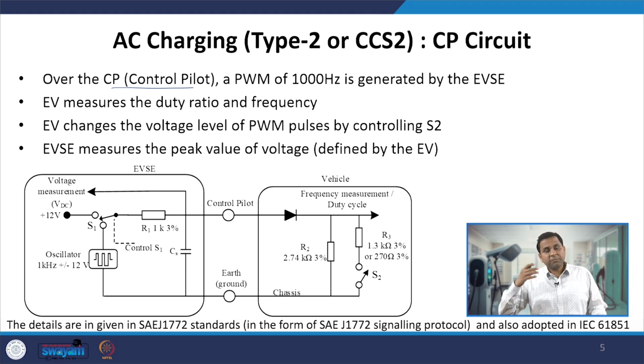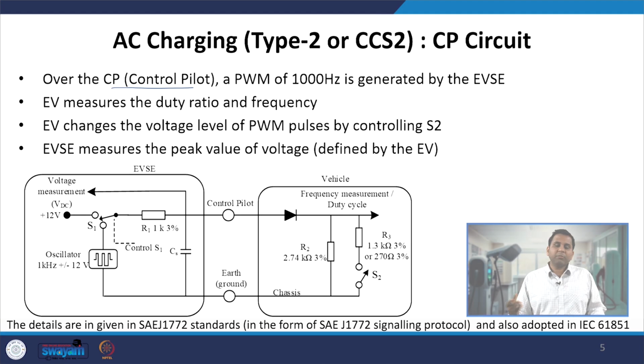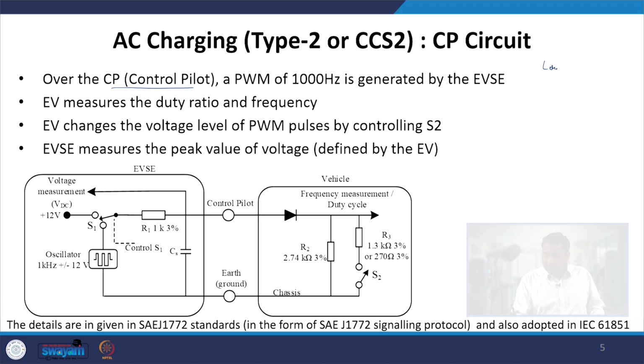Since the power conversion is taking place inside the vehicle, the BMS of the vehicle need not share a lot of information about the status of the battery with the AC EVSE, because the controlling can be done inside the vehicle using the onboard charger. So in this case they use a simple PWM based communication, which is also called low level communication.